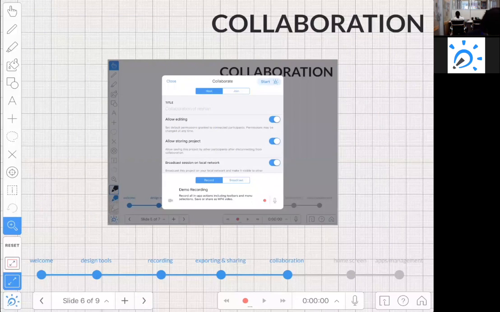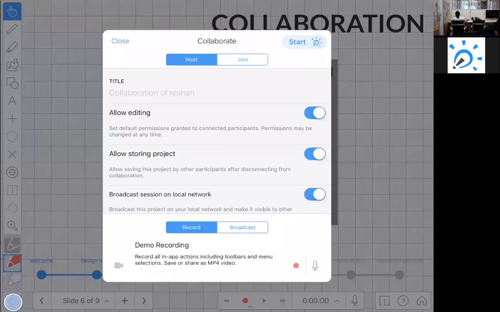That was great. I'm gonna showcase a feature that has been on the iOS versions for some time and is soon coming to the other platforms. And it's the ability to do real-time collaboration. It gets initiated by pressing this button with the explain everything light bulb on it. And all you have to do is hit start, and it'll generate a code that other people can use to join in. So I'm gonna hit start, and